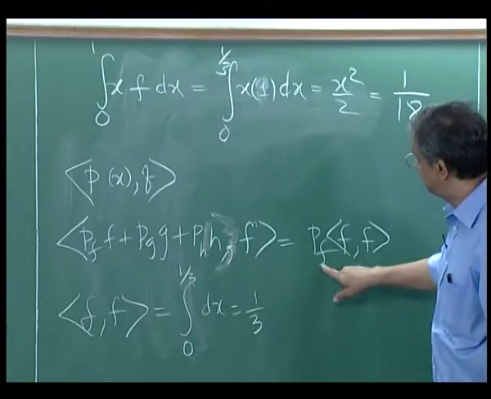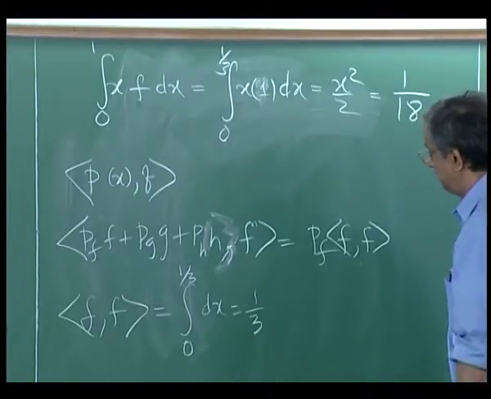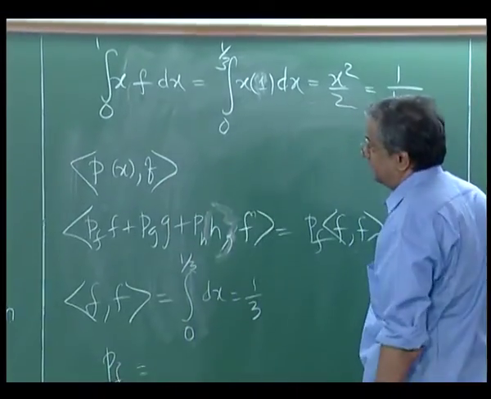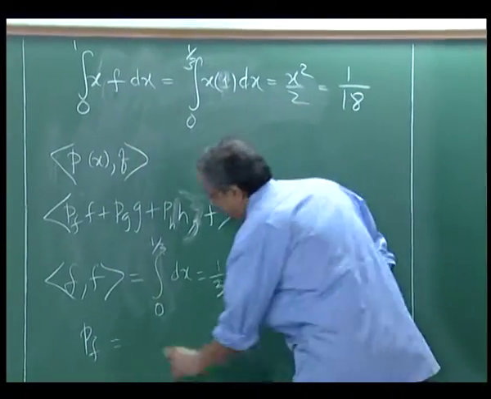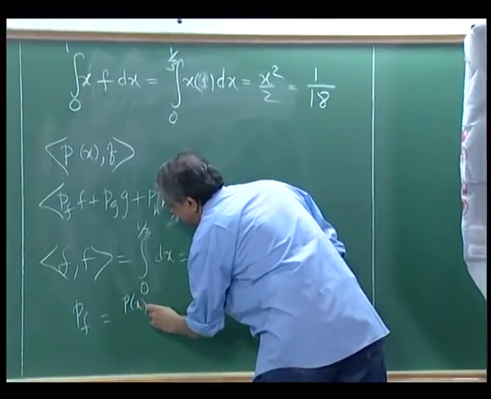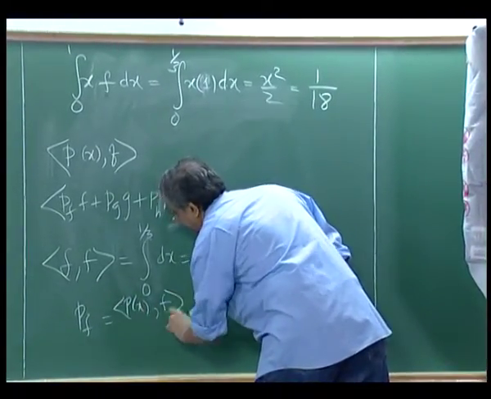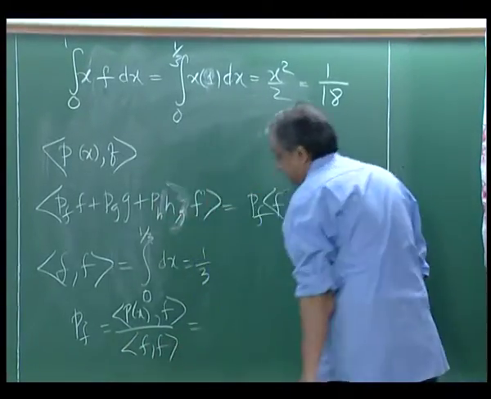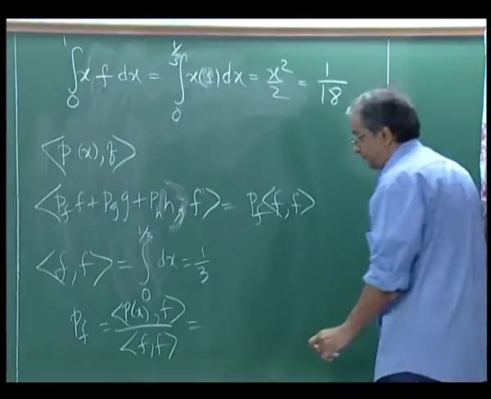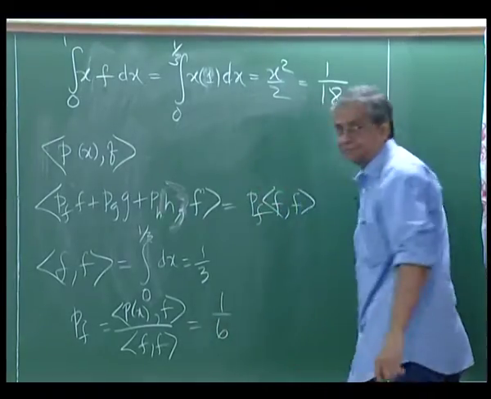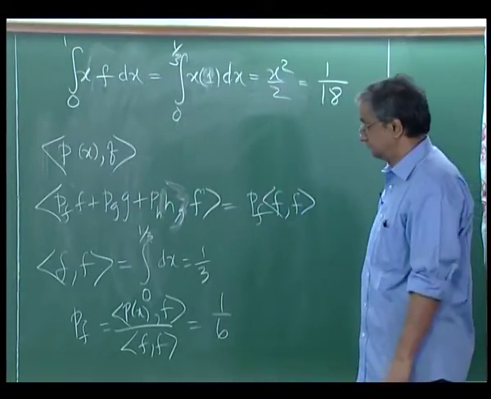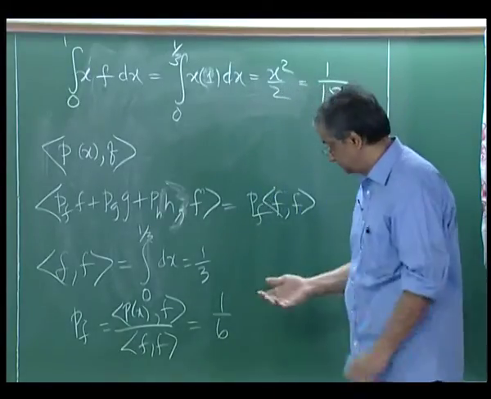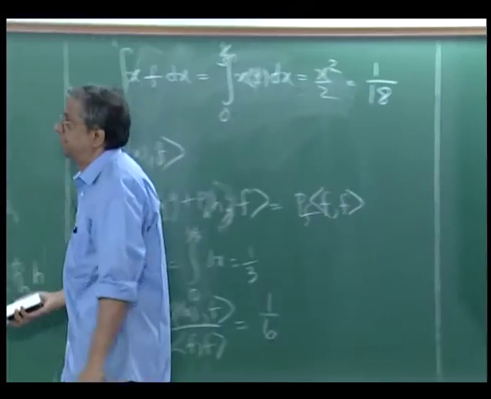So Pf in fact is, I am going to get it from here, P of x dotted with f divided by f dot f, which gives me 1/6. Are there any questions? Okay, so what we are doing now,